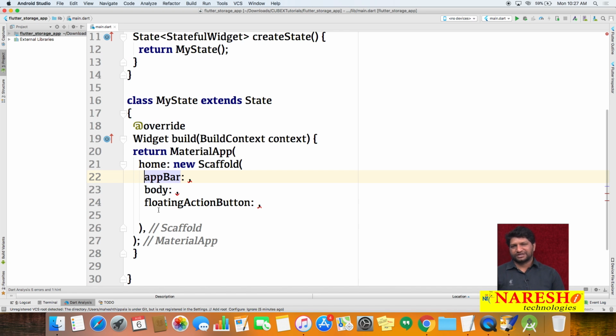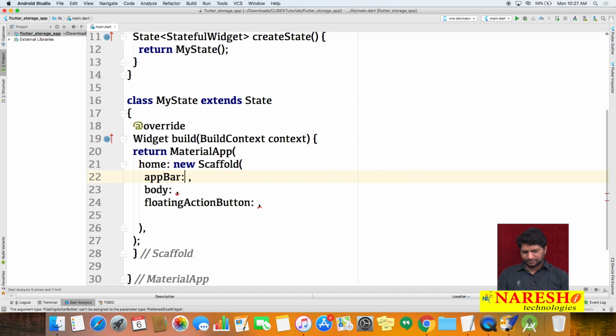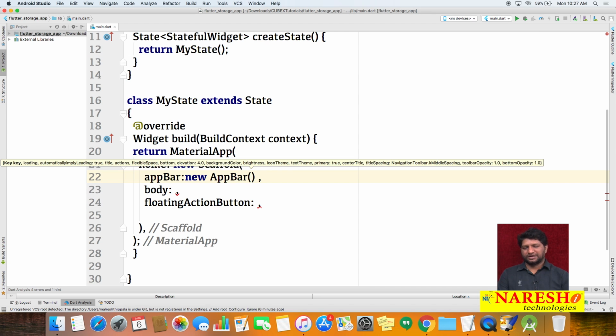If we need the floating action button and app bar support, configure these two things. Otherwise you can provide only body, and what you want to present on the screen you can specify in the body. Fine, I'm creating the object for the floating action button, new floating action button. What you want, new app bar,